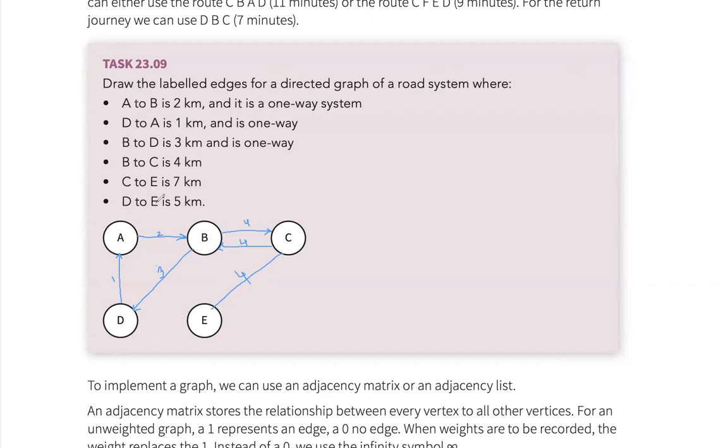Similarly, if I go to D to E, again, there's no mention of direction. I can simply add this edge, and it's 5 kilometers. So again, just to keep up with the pattern, let's also change this. You can call this only a single line like so, because the direction is not specified. We'll call this only 4 kilometers. So considering this,